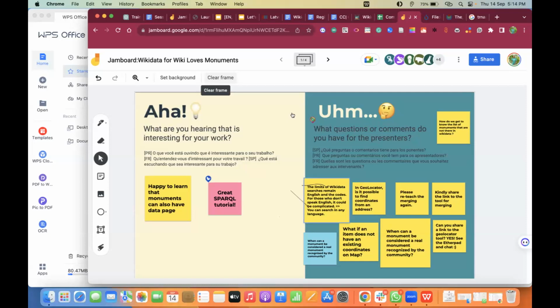various community or countries. Now, moving over to the next question on the Jamboard, I see a question about, in geolocator, is it possible to find coordinates from an address? And this question is for Alicia. Thank you. Let's see.